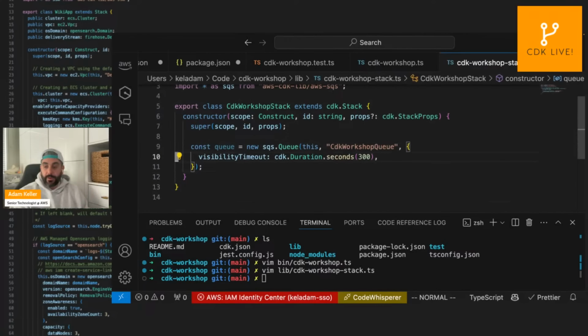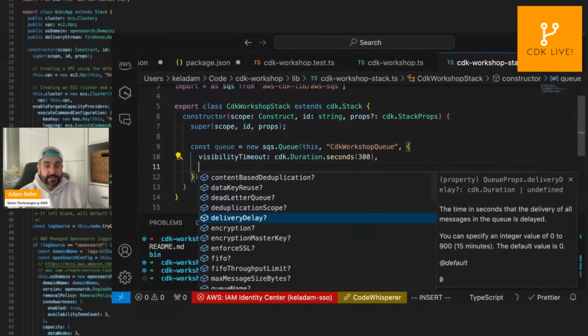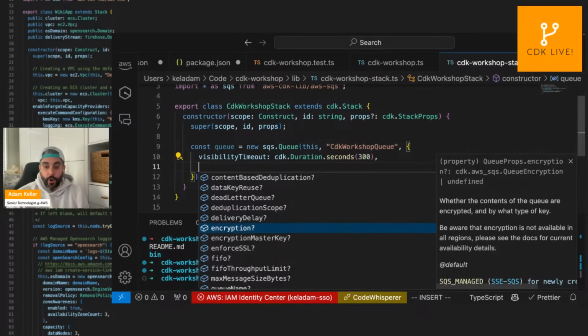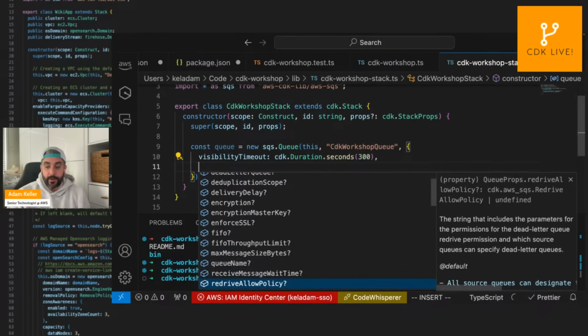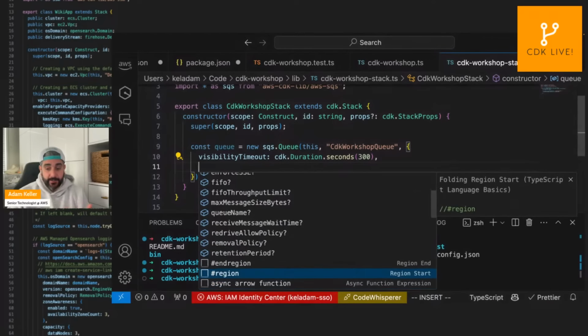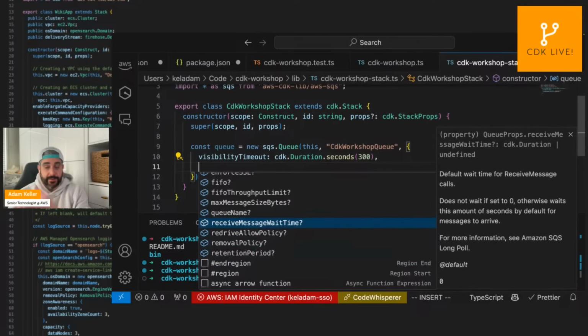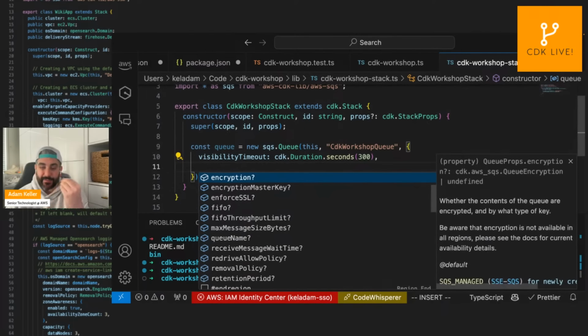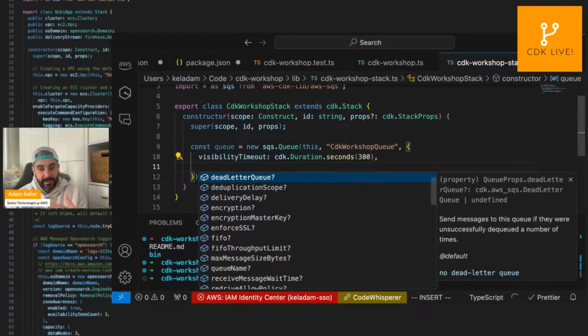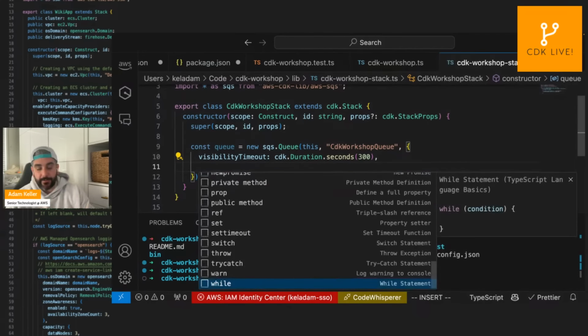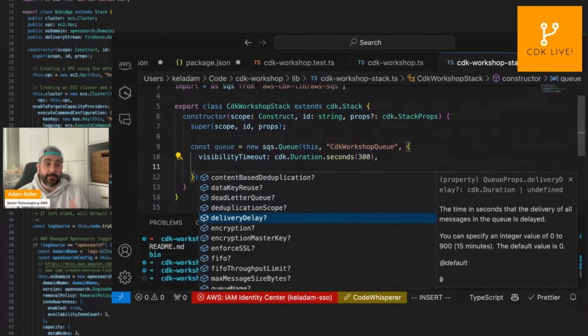And again, working in the IDE, the really nice thing is I have all of the input properties. I can read them here. They're available. I get the description. This is that type sense, the IntelliSense with the typing. It's very nice to see all the resources that I can create, all the modifications I can make to those